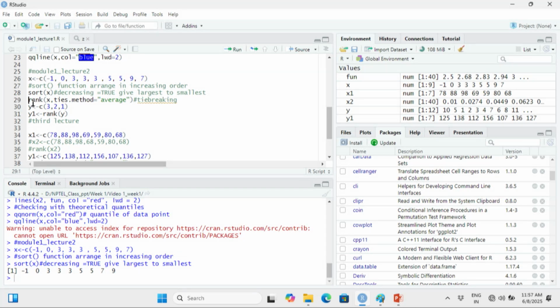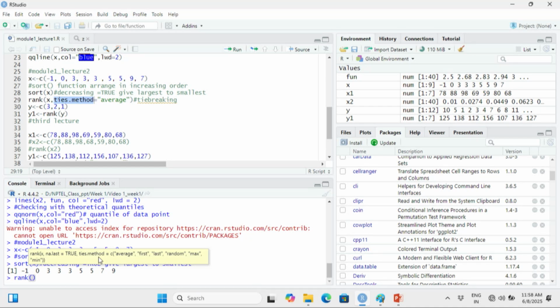Now use the rank function, rank bracket x, ties.method. That is very, very essential. This is called the tie breaking method. Ties.method, that is average. So in R you will find there are more. Let me show you something so that you will take interest. Whenever I am writing rank in the console, can you see this pop-up menu, rank of x?